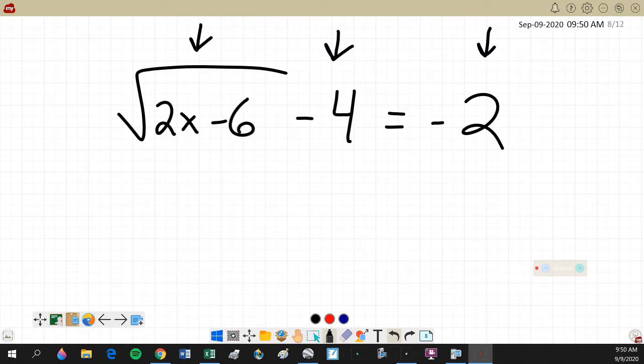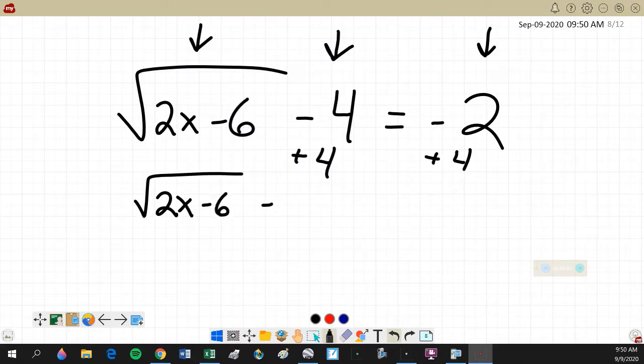Yes, as long as the negative number on the right side is closer to 0 than negative 4. So we need to apply that idea of square roots cannot equal a negative when the square roots have been isolated. Add 4, and then you get the square root of 2x minus 6 equals 2, and then we can solve